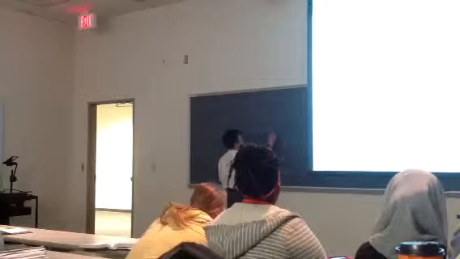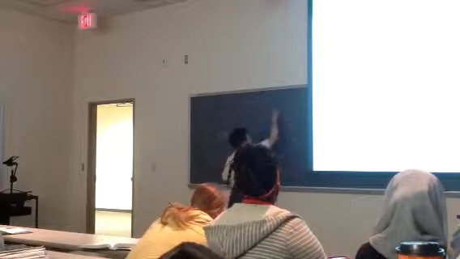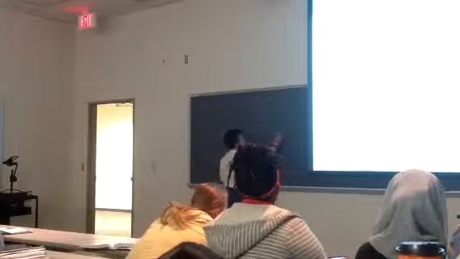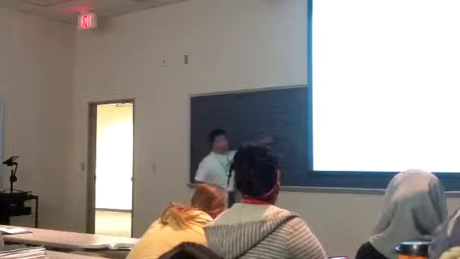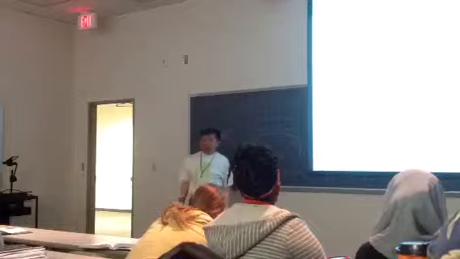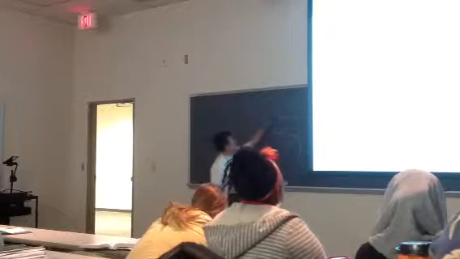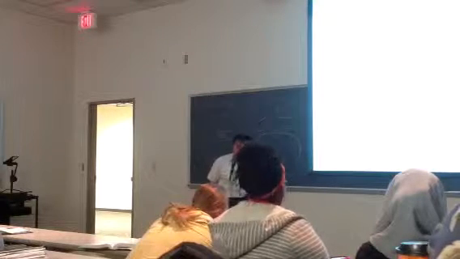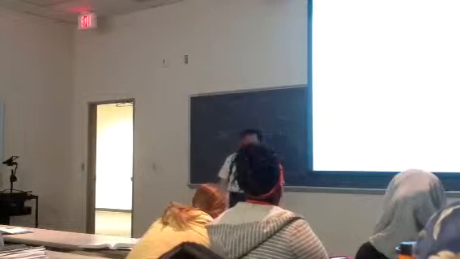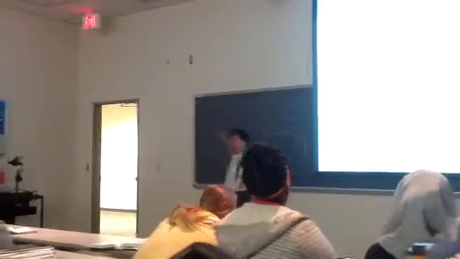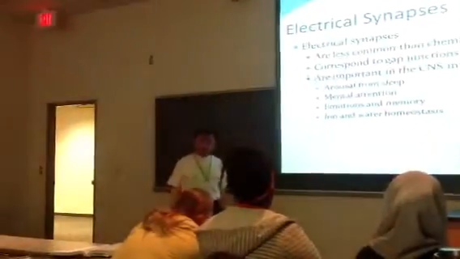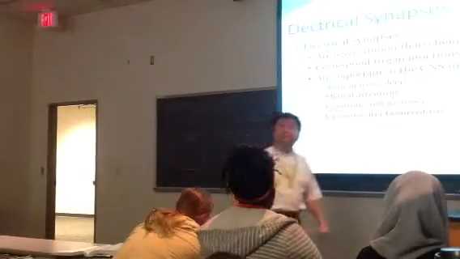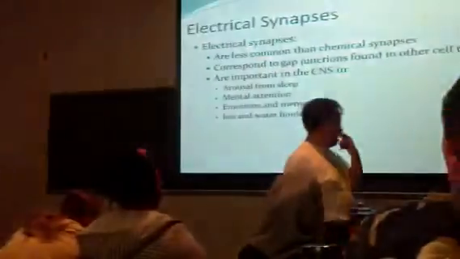The first thing you see different is this. They are not separated by a synaptic cleft. Can you see that? They are physically connected together. Which means that when the action potential arrives at electrical synapses, they don't need the chemical. They go right across and activate the postsynaptic neuron. Whereas in the chemical synapse, they have to use a chemical to communicate. Which one do you think is faster? Electrical.